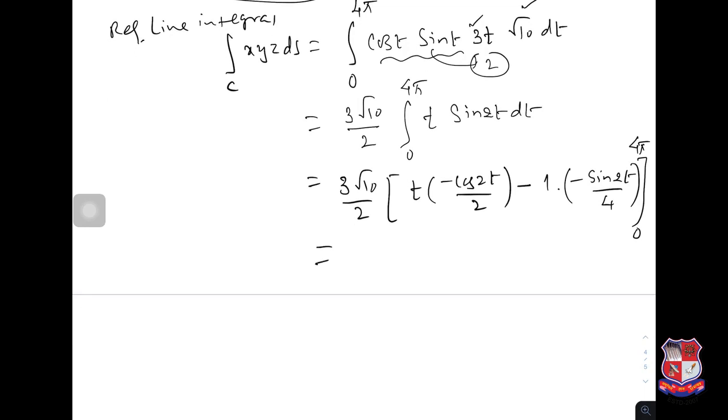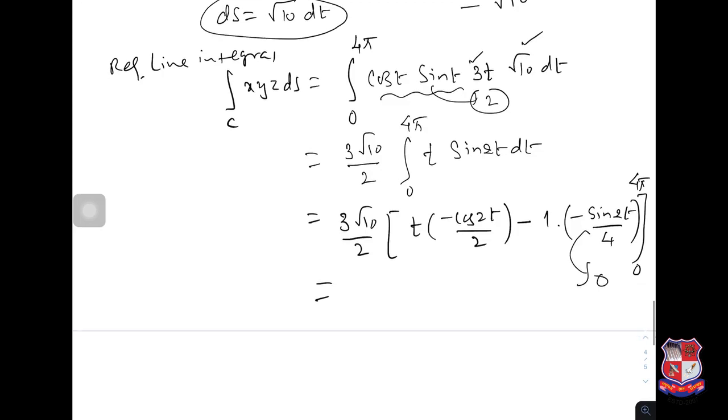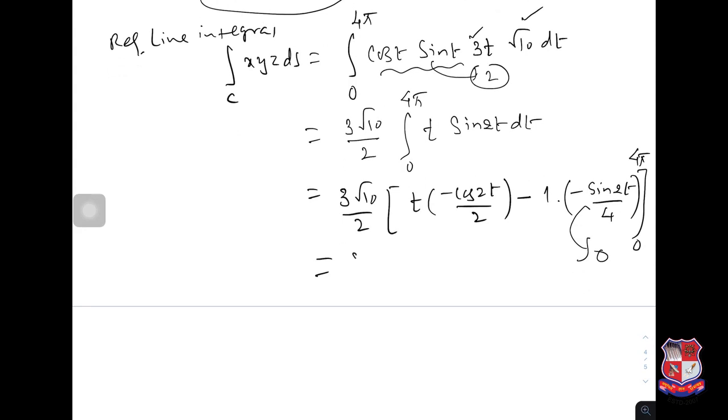So now if I take here sin of 4 pi and 0, so this will be 0, upper limit as well as lower limit. This is now 3 root 10 by 2,